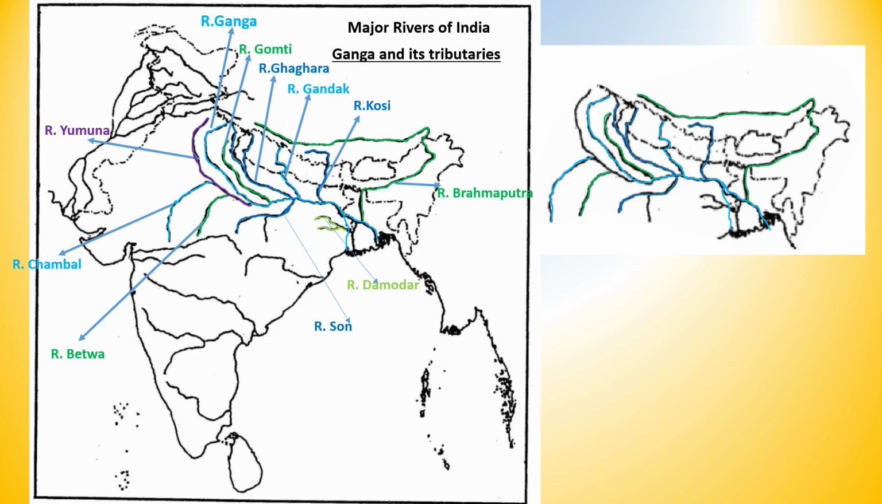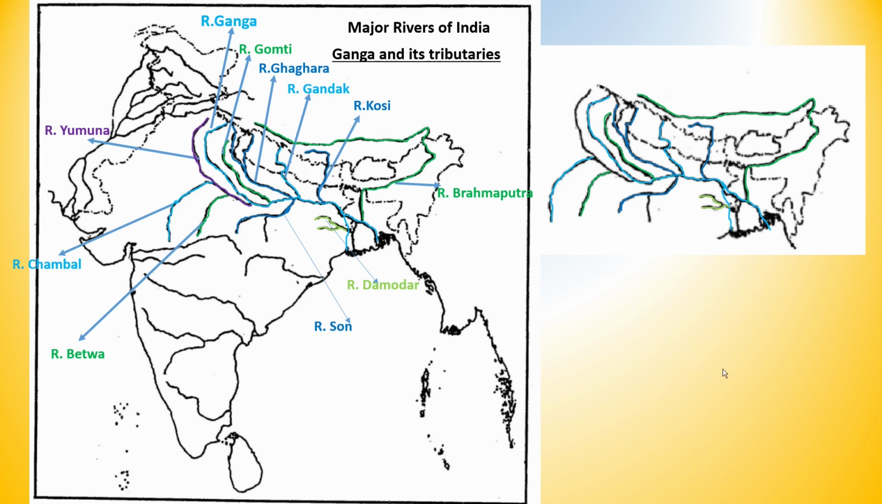Damodar is the river which has been formed by joining of many rivers like Maithan, then other small rivers, Konar and all. But here you have to draw both of them, and then you have to join with Hooghly, that is the other distributary of Ganga. Next one is coming